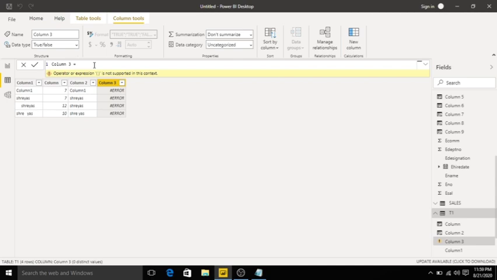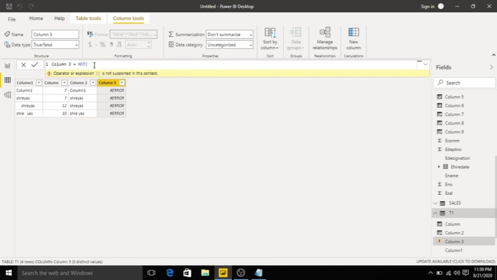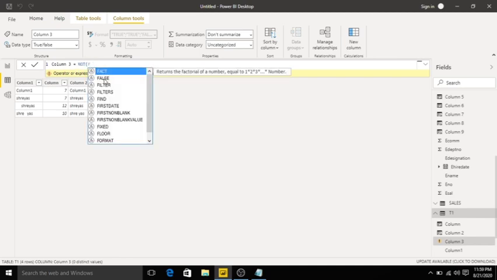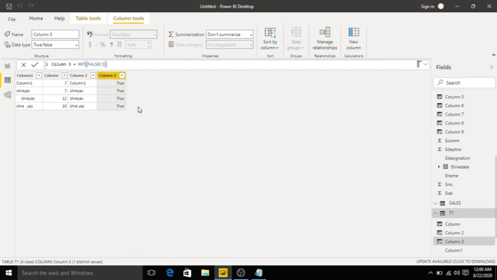We have another function called not of false. Not. Click enter. It returns all as true.